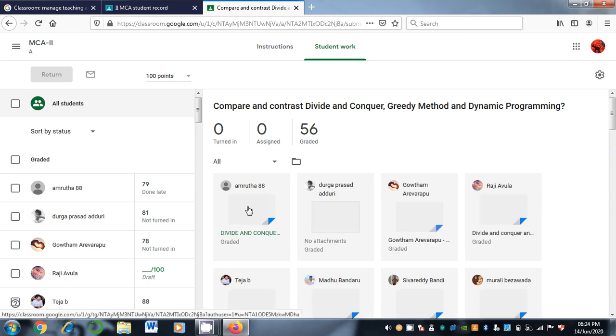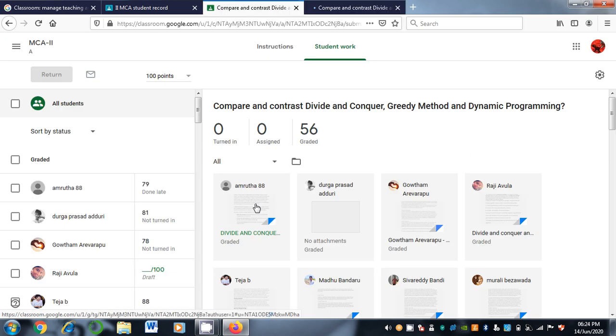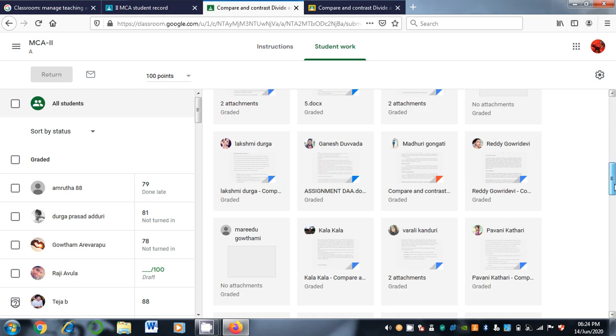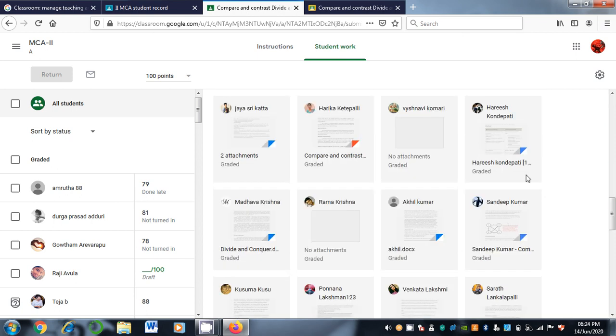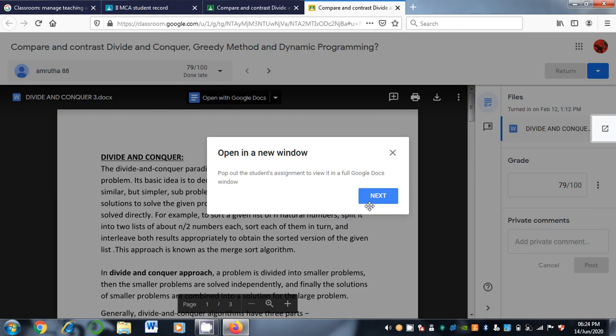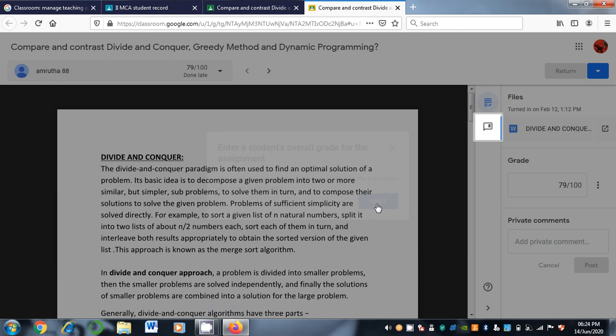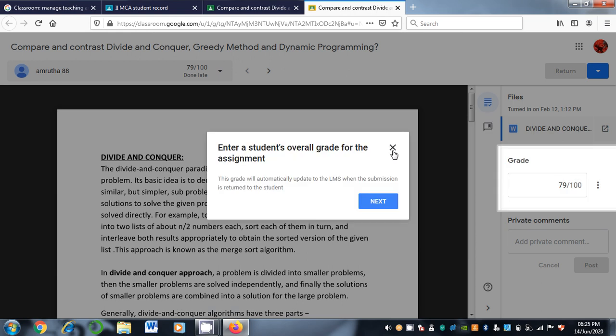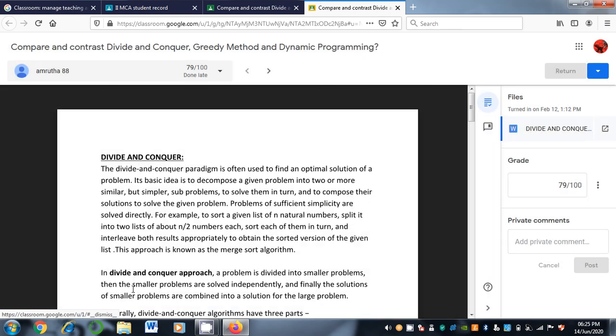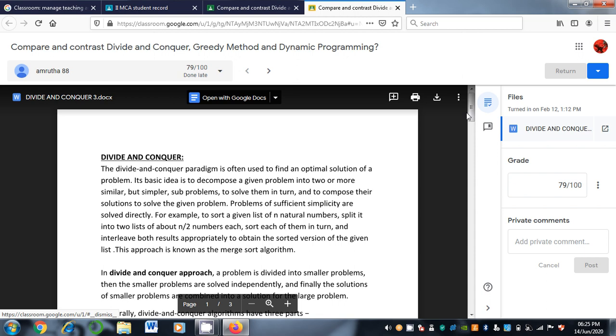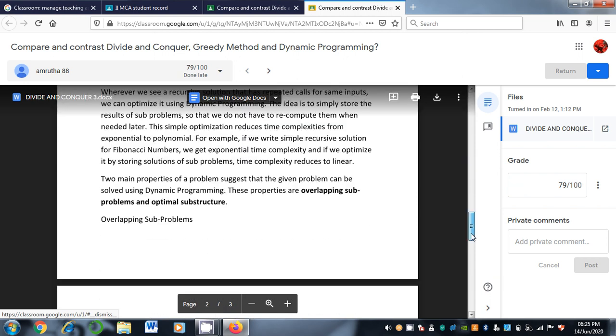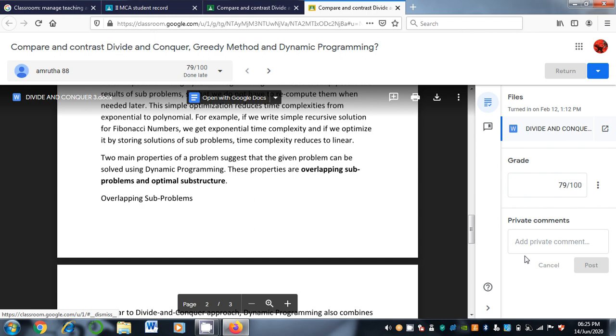So they submitted the assignment in Word document or PDF, something like that. These are the assignments submitted by the students, and once you go through it you can give the grade, and also you can comment to your students privately.